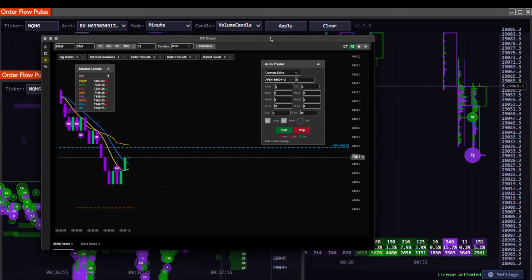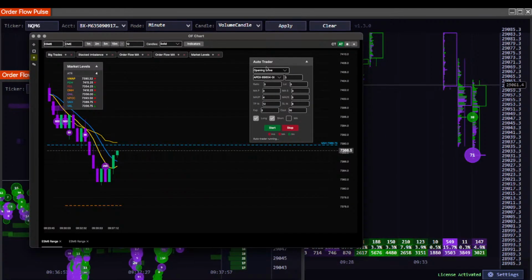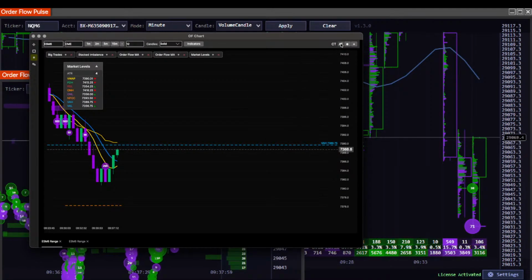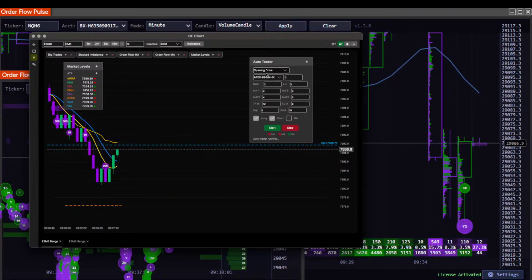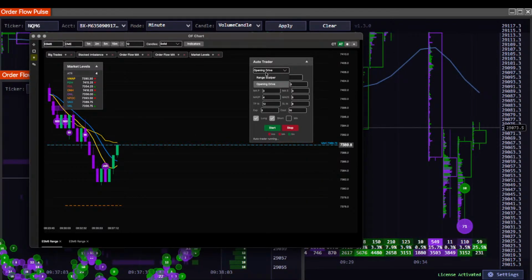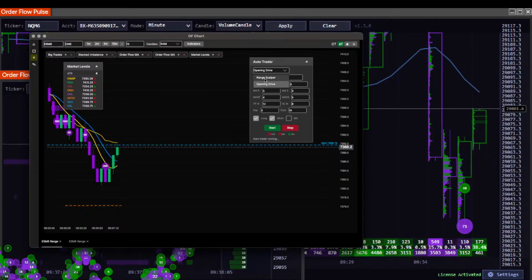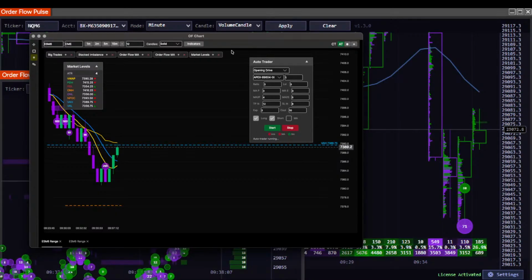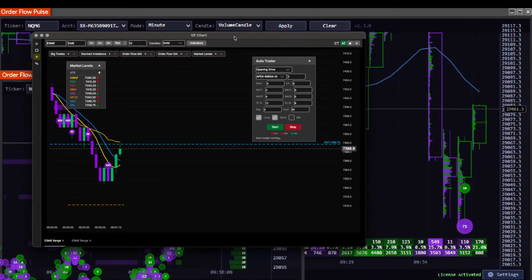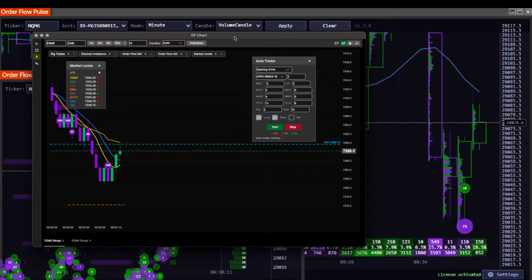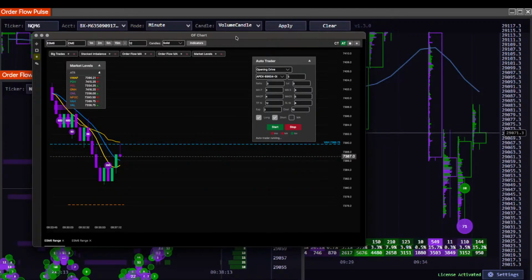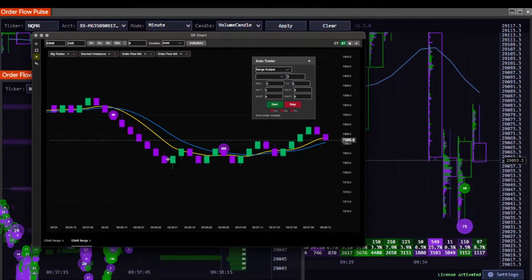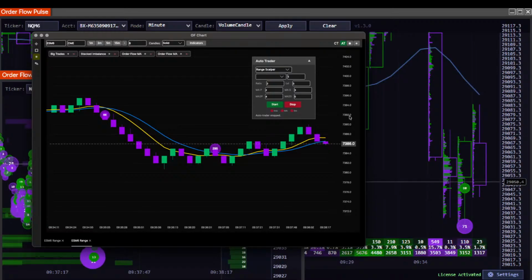See, I've got a strategy on my personal platform I'm developing. This is the Auto Trader. When you click on Auto Trader, it has this right here. So you can do range scalper or, for the opening drive. Right now, I've got the opening drive on 12 range bar. Now, the range scalper is going to be this. This is the range scalper.